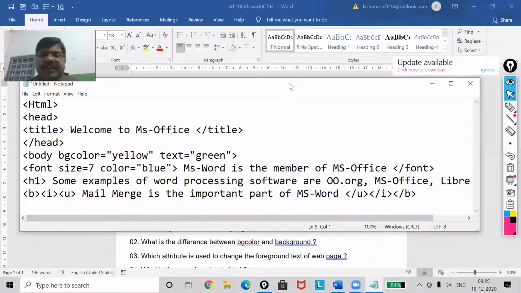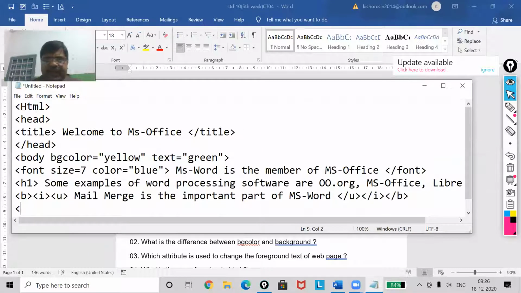Now I will press the enter key. Already bold, italics. Now next one is your pre tag. Pre means what? Predefined text. How you have written it, your web browser doesn't understand. If you have written your text, then all your text will be in a single line. But I want that my first line should have only 4 words, second line 3 words, 2 words, like that. So to instruct the web browser, you must use the pre tag. So I'm using the pre tag.